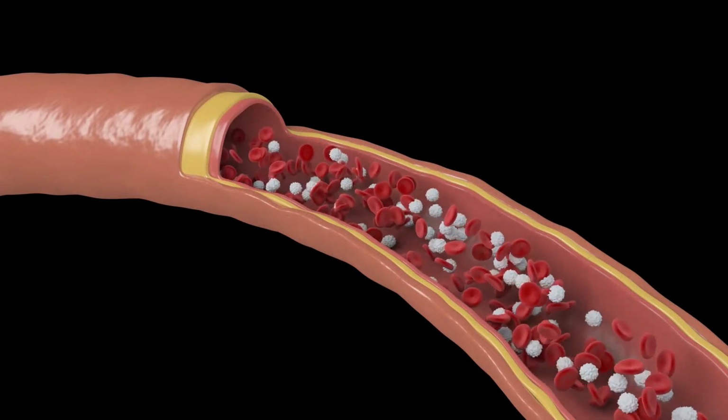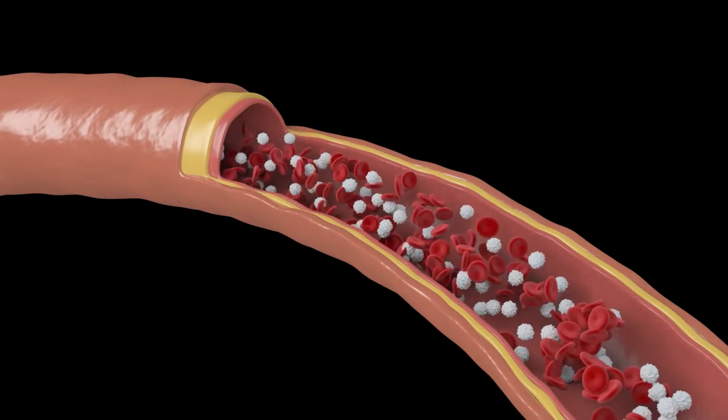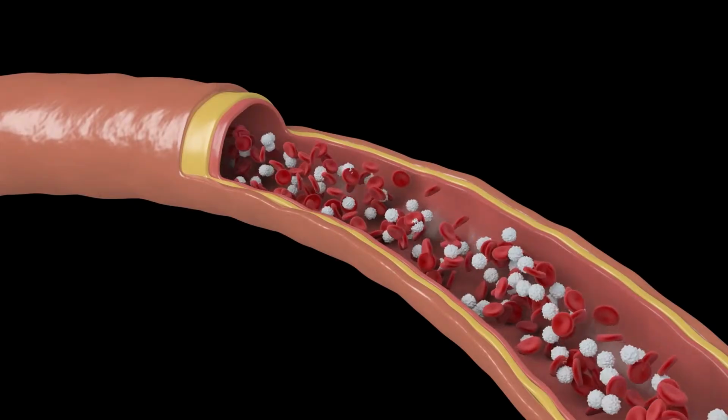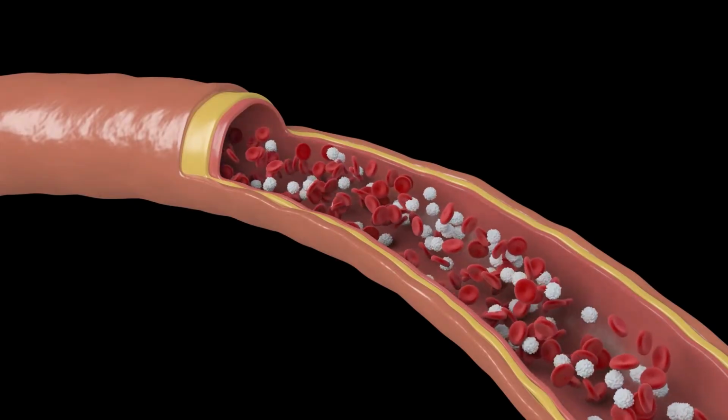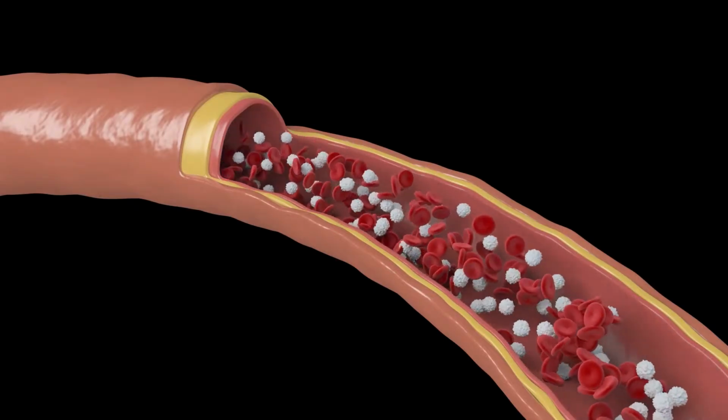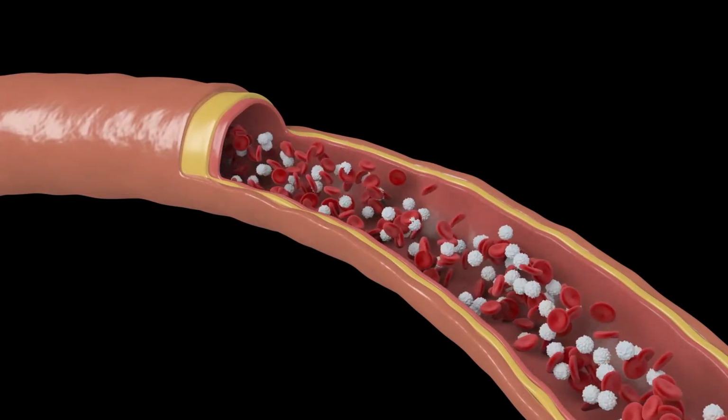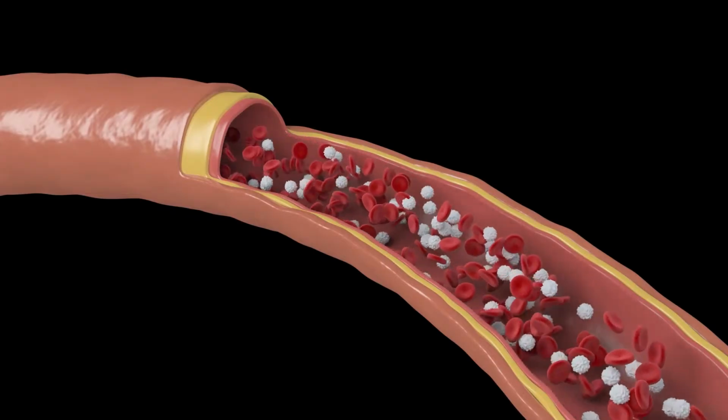Platelets, or thrombocytes, are small, irregularly shaped cells that are involved in blood clotting. When a blood vessel is damaged, platelets clump together to form a clot that helps to stop the bleeding. Platelets are produced in the bone marrow and have a lifespan of about